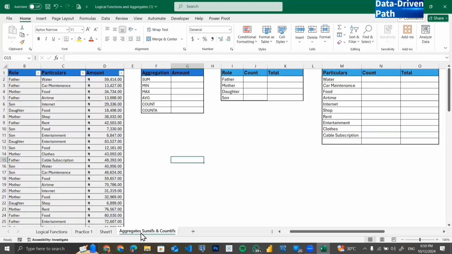Now, what is an aggregate? An aggregate is a value that summarizes the combination of different values in a particular way. That is why when they say all these functions are aggregate functions,